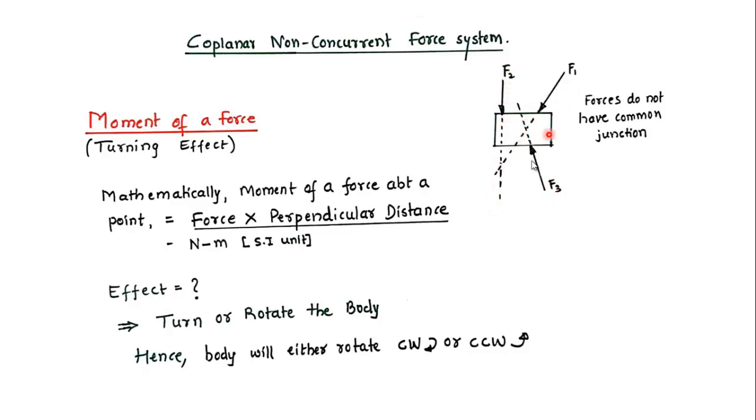Now whatever may be the number of forces acting on this body, if the lines of action of the forces do not meet at a common point, the forces do not have a common junction. Okay, so they do not meet at a common point. Such a force system we call a non-concurrent force system. Okay, now what happens in case of a non-concurrent force system is, these individual forces tend to rotate this body